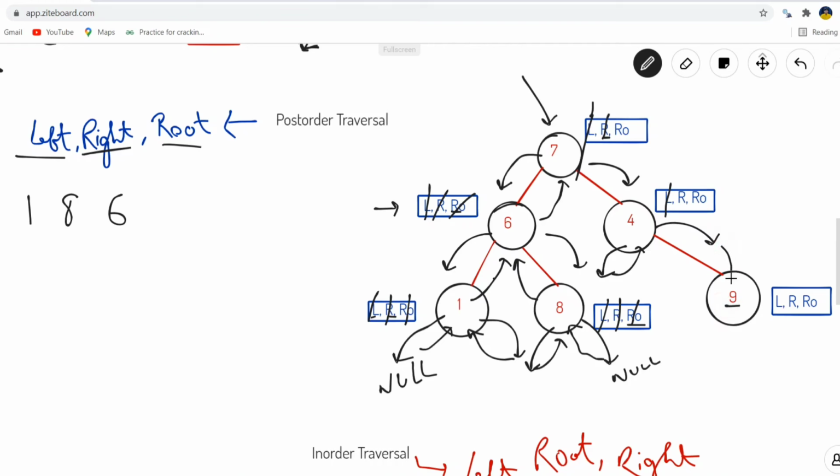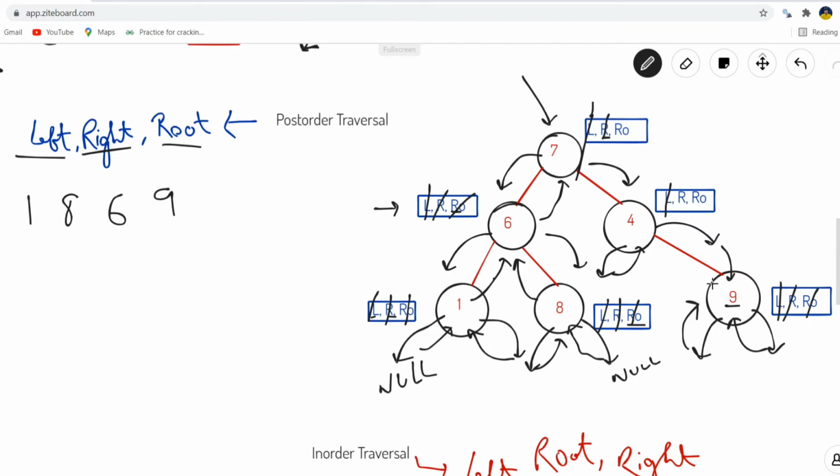So we'll be visiting that node, and the operation which we need to perform first will be the left operation. So we'll be moving in left. We have encountered null. We'll be returning back to the node again. Next operation which we will be performing is the right operation. So we'll be moving in right. Again we have encountered null. So we'll be returning back to the caller of null value, that is node 9. Next is root. So we'll be printing 9. As soon as we encounter the root operation, we need to print that node's value.